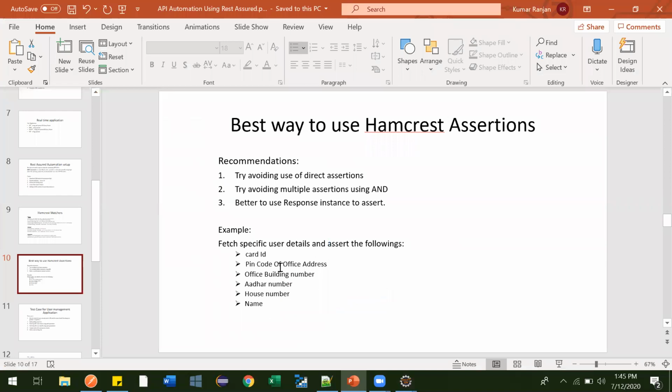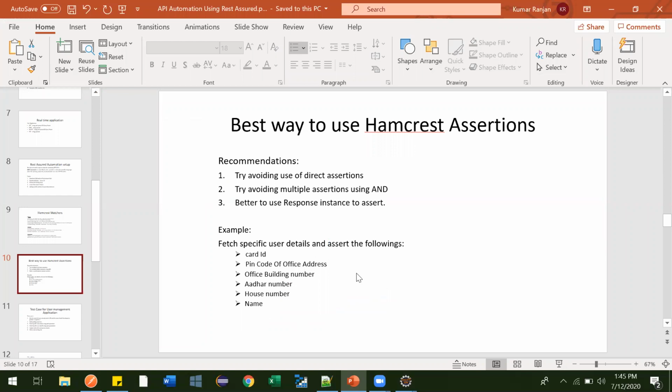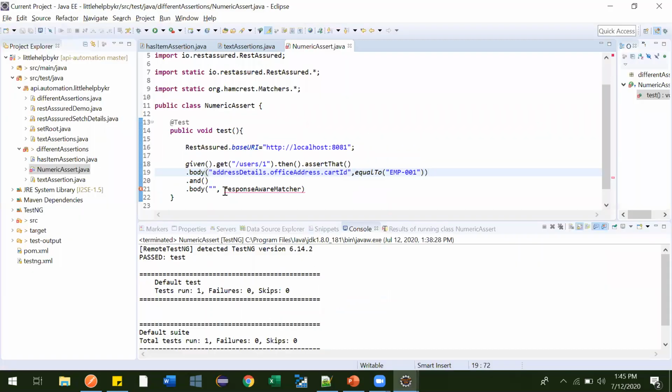Now what was our next requirement? The pin code of the office address. Under office address we have this pin code, so this is what we are interested in. Again, address details dot office address dot pin. Let me copy paste it directly here.